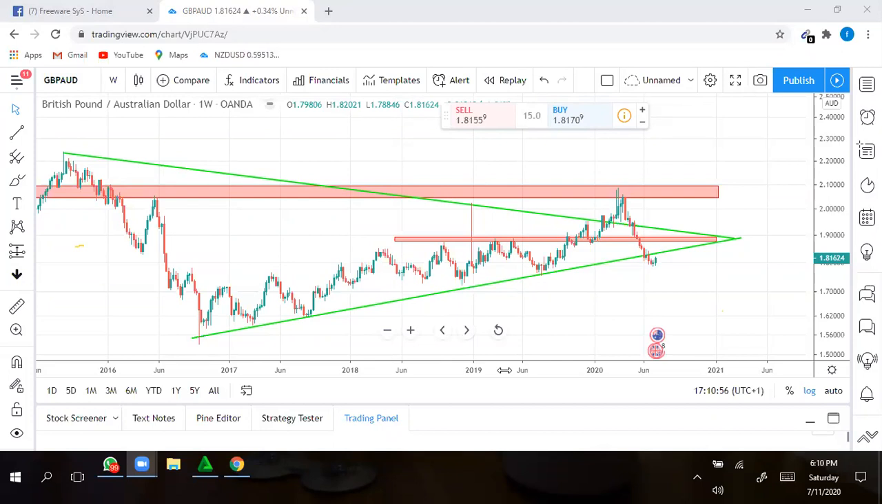So when we say that, the foreign exchange market is actually the currency